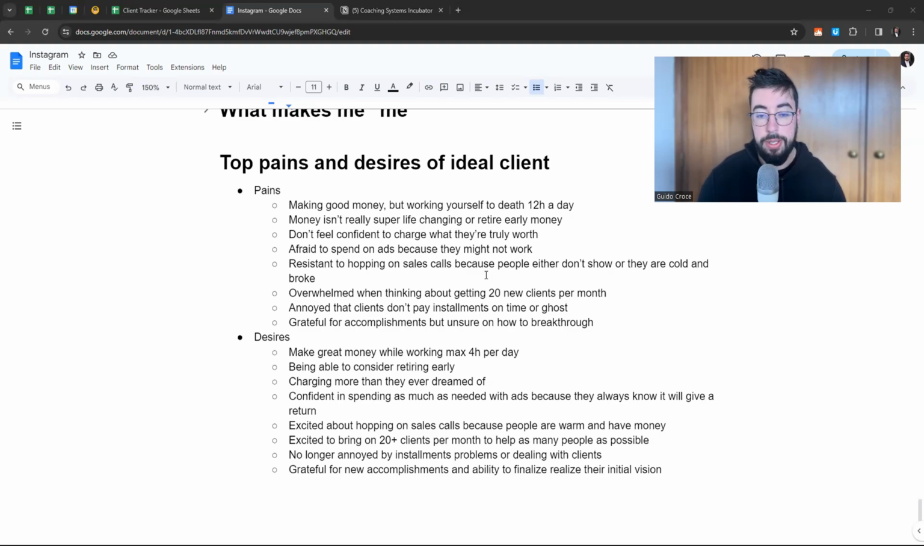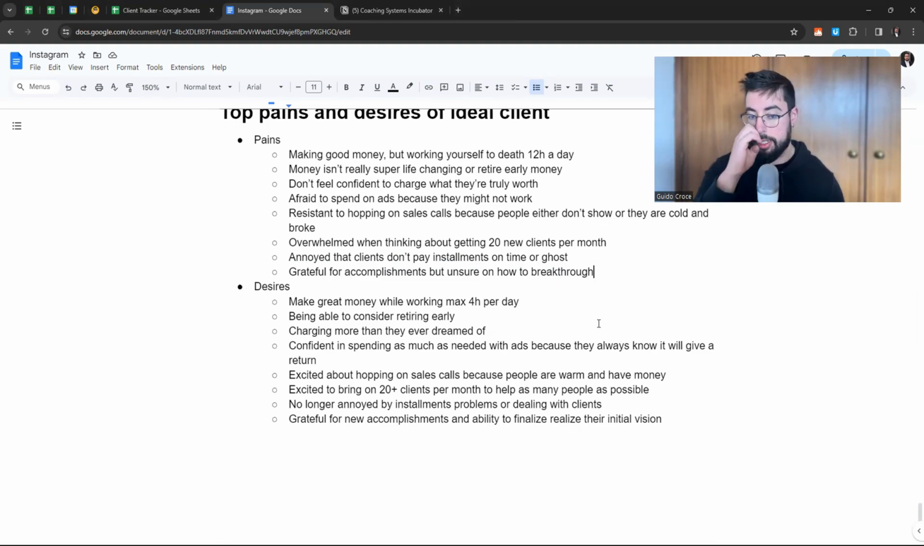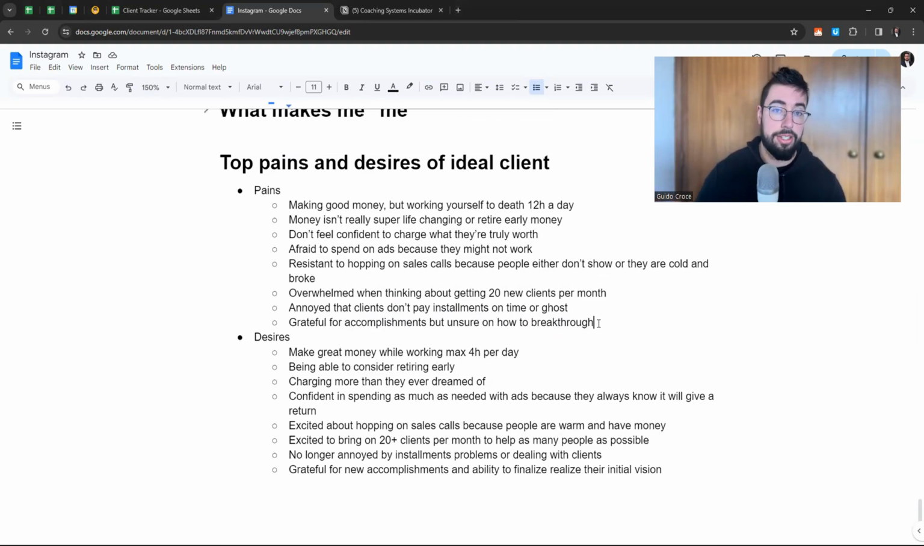So it's not structured. Which ties into the next one, which is they're annoyed that clients don't pay installments on time, or they're ghosting them, right? And also they're grateful for accomplishments, but they're unsure how to break through, right? So it's the stage where they can get kind of settled, but at the same time, it's not really where they want to stay. So that's the pains, and then desires are kind of like the opposites of that, and the ultimate outcomes, which are